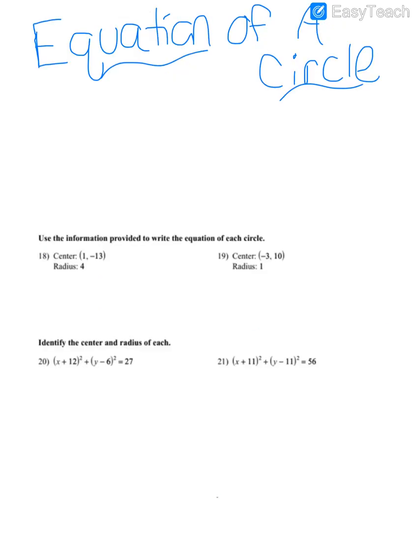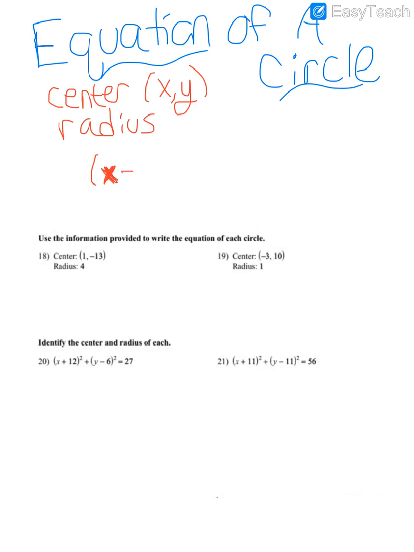Okay, and finally we have the equation of a circle. I love this one because it's pretty fun and easy. So basically, to know the equation of a circle, you just need to know the center, on the coordinate plane in terms of x, y, and the radius. And then the equation for the circle will be x, the letter x, don't put any numbers in there, minus x from the center, I'm going to call it xc, from the center, squared,